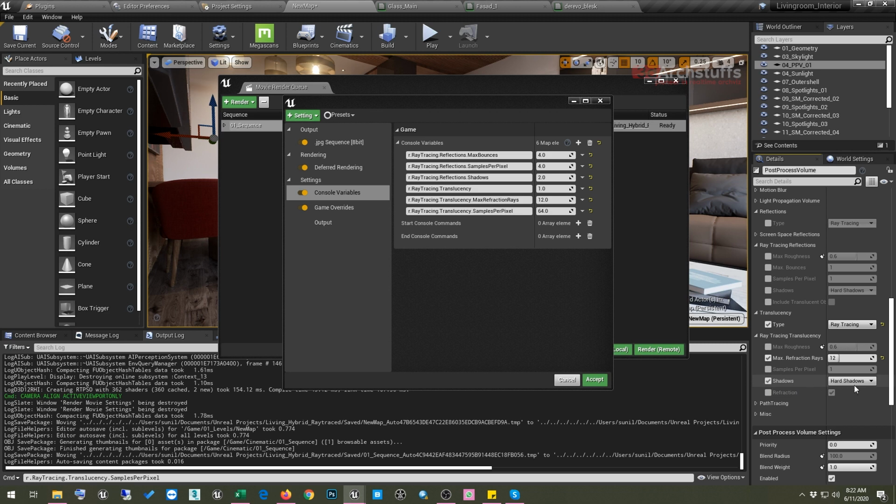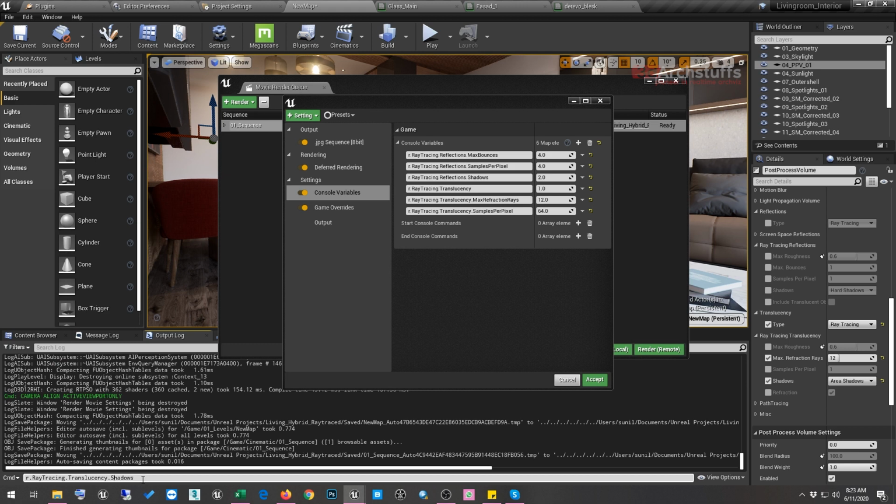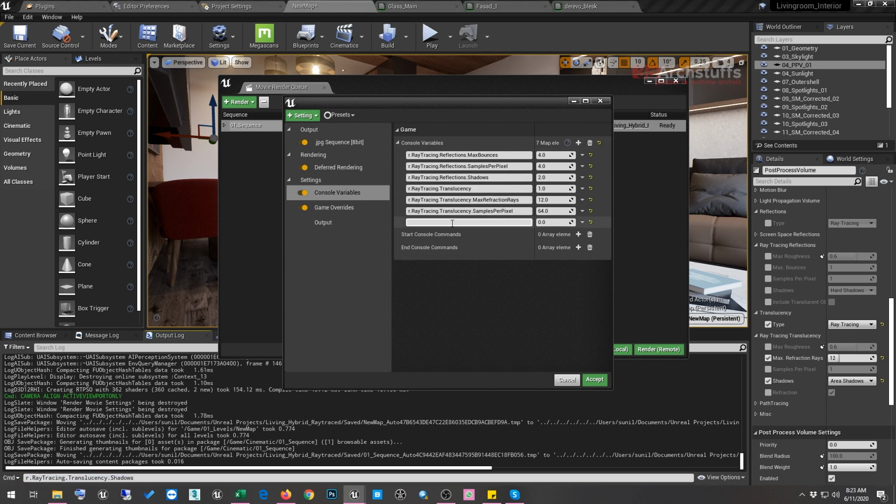So to make it use area shadow, we can click here, shadows, select these shadows, copy, and then again click on this, make another console command, then Control V, and now we can make it 2. So if it's 2, then area shadow will be used. If it's 1, then the hard shadow will be used.